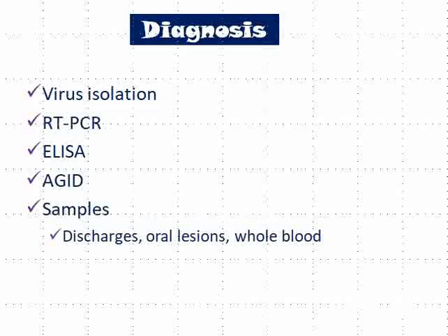To diagnose this disease, clinical signs and gross and microscopic lesions help, but to confirm the disease we have to rely on laboratory tests, which include antigen detecting tests and tests detecting antibody specific to this virus. It includes reverse transcriptase PCR, real-time PCR, ELISA, agar-gel immunodiffusion test, and virus isolation. So by using all these laboratory techniques, we can confirm the disease as PPR.